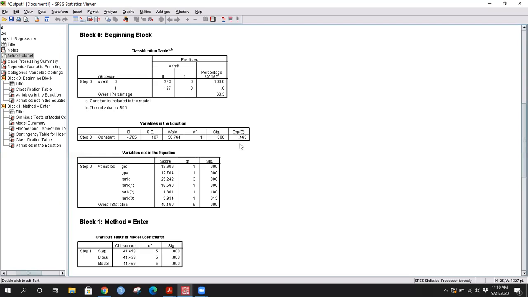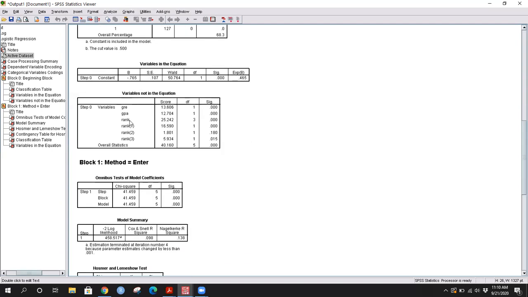As you would see, this odds ratio is not so impressive. It's too low, barely touching 1. So in the absence of independent variables, there is very little chance, and this is less informative. I just told you this for extra knowledge. This is not that informative as of now.